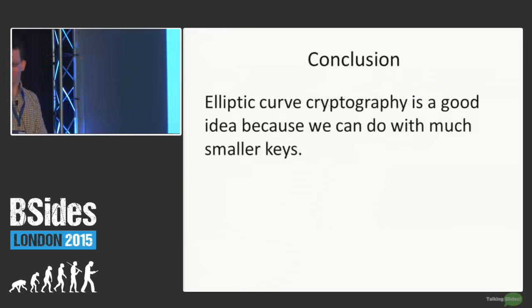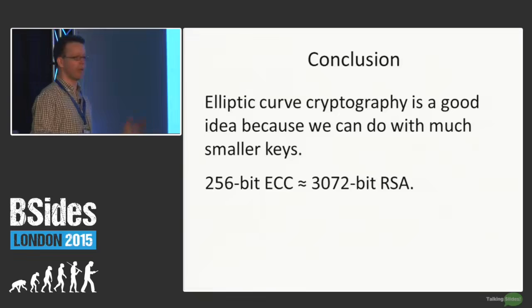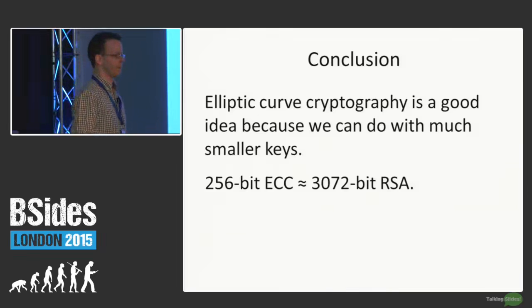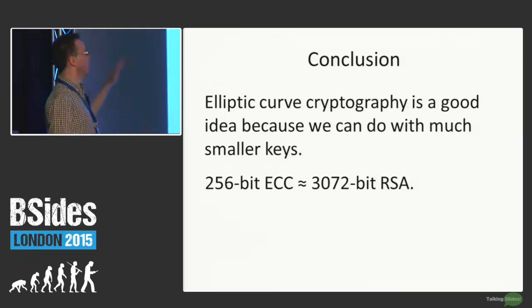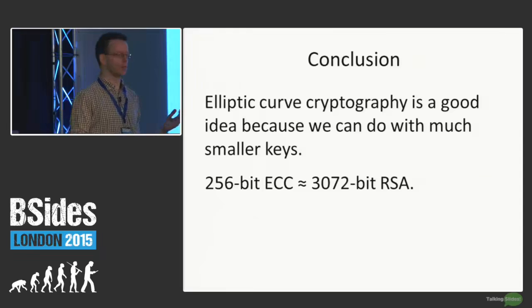Right, conclusion. I haven't really explained this, but elliptic curve cryptography is important because we can do with much smaller keys. And that's the main advantage. Keys of 256 bits give more or less the same security using elliptic curve cryptography as 3072 bits RSA. And they don't grow as fast, which means you can use shorter keys, and algorithms are faster. This does make a difference as crypto is being widely deployed.